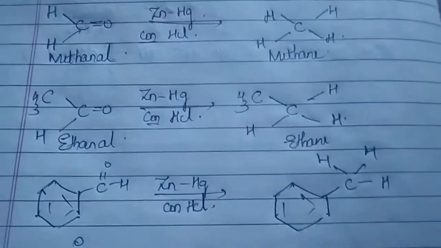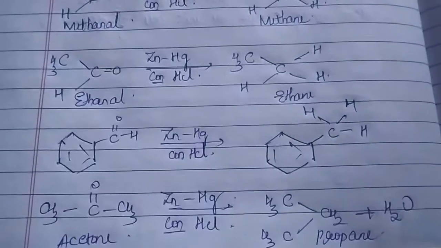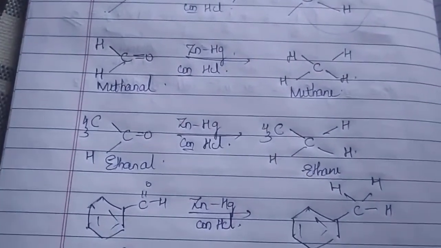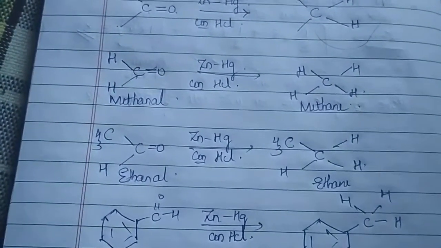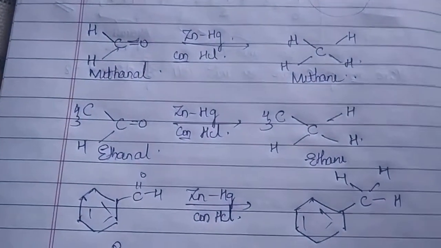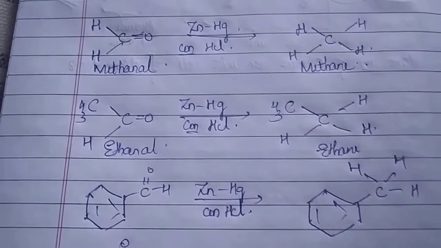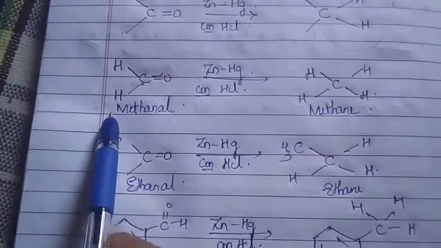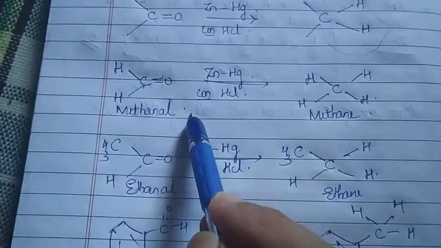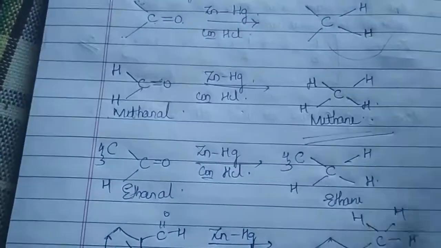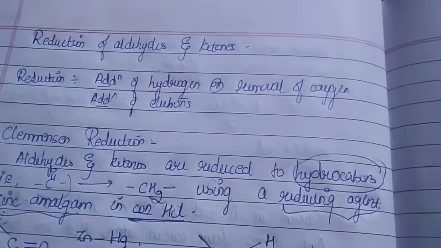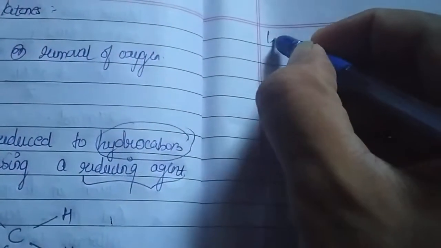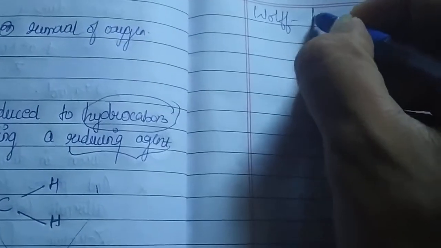Very much important. Whatever we are talking about here as the Clemmensen reduction, you could just see that when you do a Clemmensen reduction, we are reducing the carbonyl compounds to hydrocarbons. Very much important. I will say why it is important; of course, you can only note it by referring to your alcohol chapter. For now, just remember that whenever a carbonyl compound is treated with zinc amalgam in concentrated HCl, we get hydrocarbons. Is that clear? So this is called your Clemmensen reduction. But it doesn't stop here. We have one more reduction, which is called the Wolff-Kishner reduction.